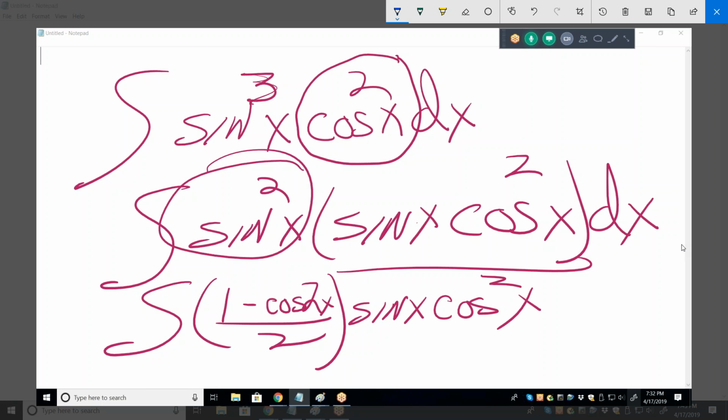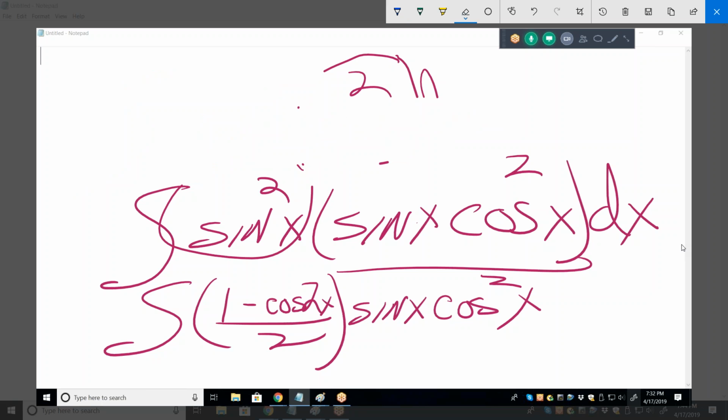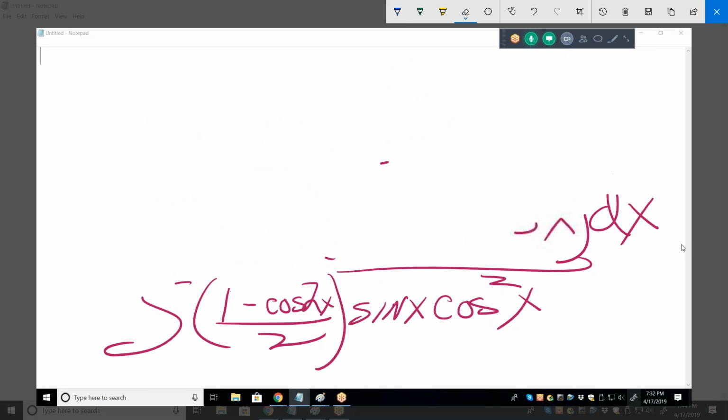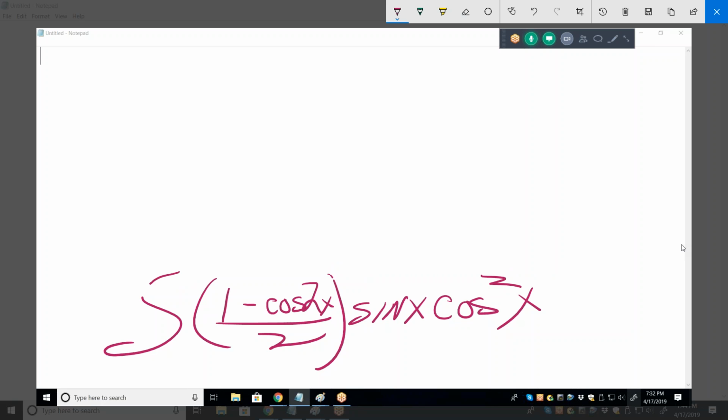One advantage of doing this in Paint is I can scroll down. I can't scroll down here. The next step is always to distribute this. Okay, so let me go back to the top here because I need this writing room. I don't have enough room at the bottom. We know that what is at the top is what I've written at the bottom. It's just that I've pulled one sine, exactly one sine out, not two, one. Because that allows me to use the power rule for the rest of it. Okay, so if I distribute that,